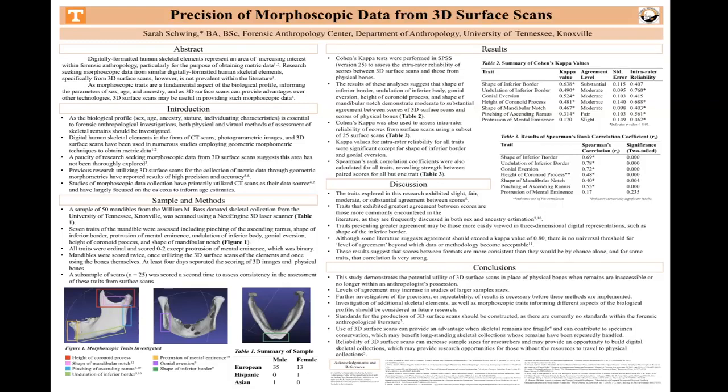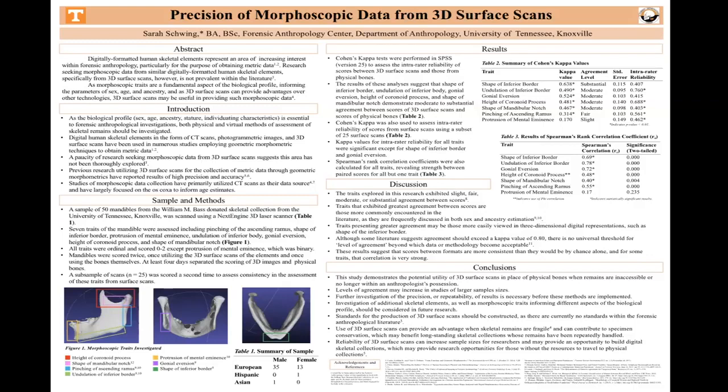So I scored a subset of 25 scans, and again ran Cohen's kappa. And those values can be seen in the rightmost column in Table 2, and that column is entitled Intra-Rater Reliability. And what was really interesting for these results